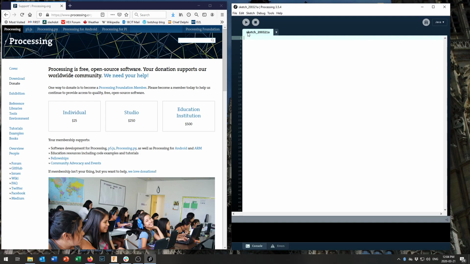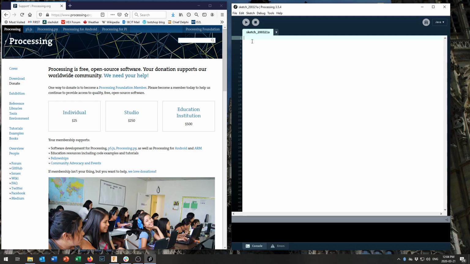And so you'll see processing has a lot in common with the Arduino interface. So those of you who've used Arduinos before should be fairly comfortable using this. We've got our run button up here, a stop button up here. We've got some space down here for error messages. And in the middle is where we'll put our code, or sketch as we like to call it in the